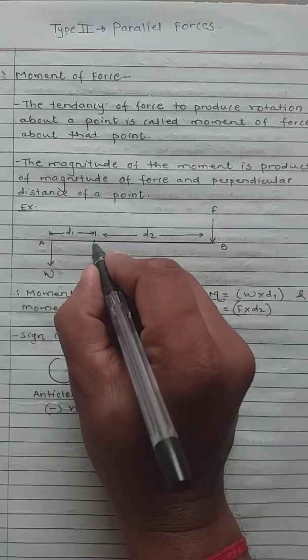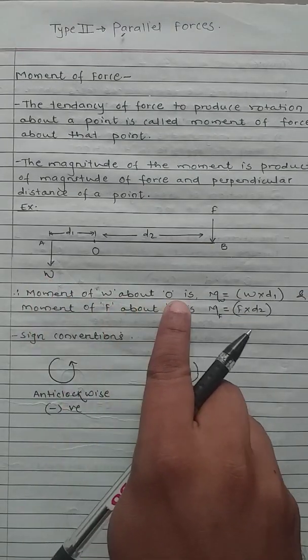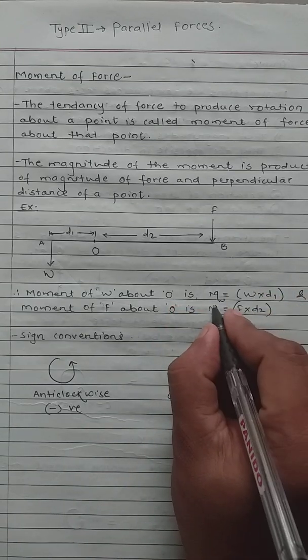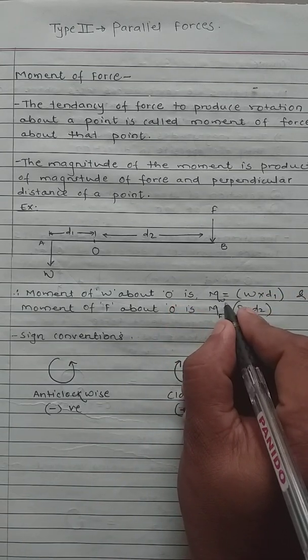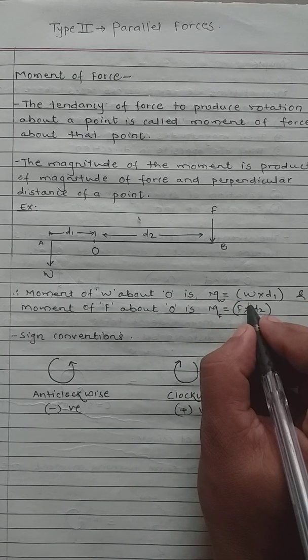So the moment of W at point O can be written as M_W, that is, the moment of force W is equal to